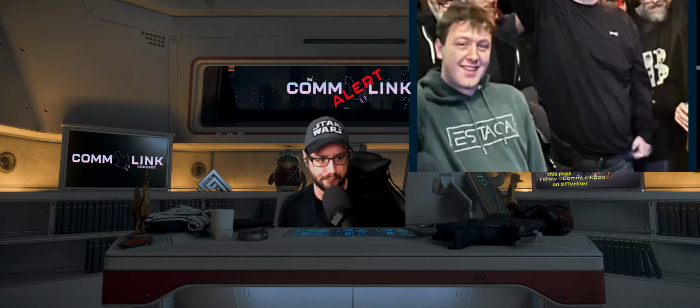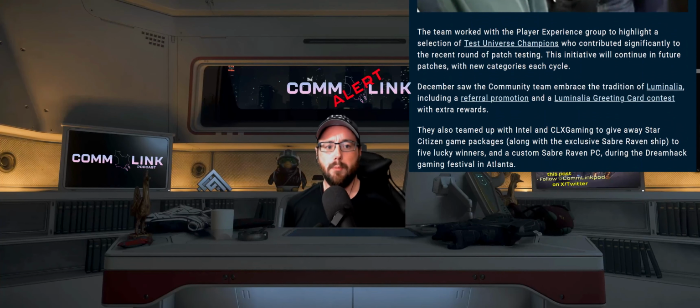End quote. The team worked with the Player Experience Group to highlight a selection of Test Universe champions who contributed significantly to the recent round of patch testing. This initiative will continue in future patches, with new categories each cycle. December saw the community team members embrace the tradition of Luminalia, including a referral promotion and a Luminalia greeting card